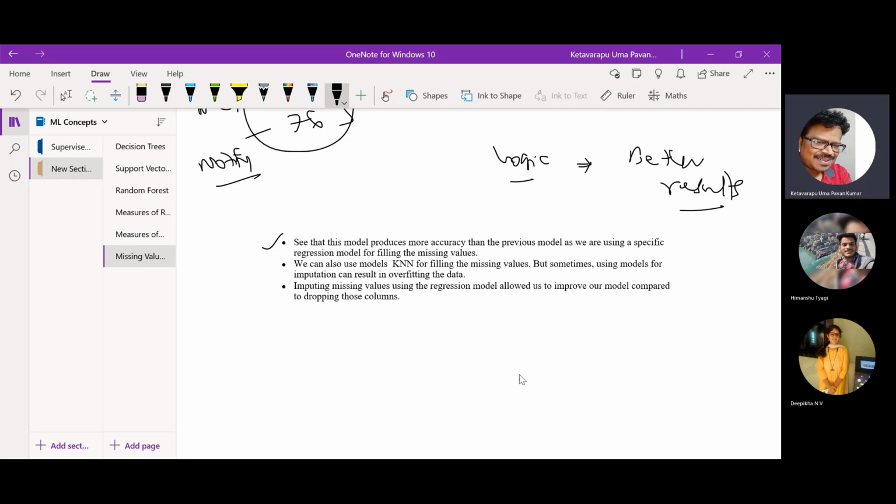Rather than studying as it is, if you apply your brain or your intelligence, then definitely you will be getting better results. That's what we observed here. Rather than completely dropping the column or completely dropping the records, or else imputing, of course, out of those five, the second priority can be given to the